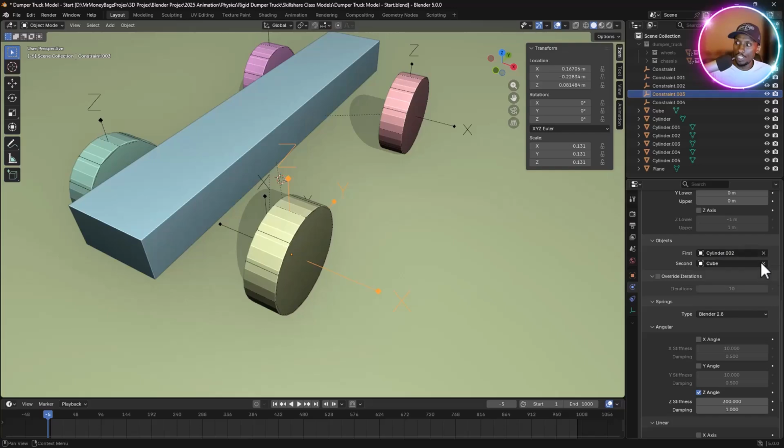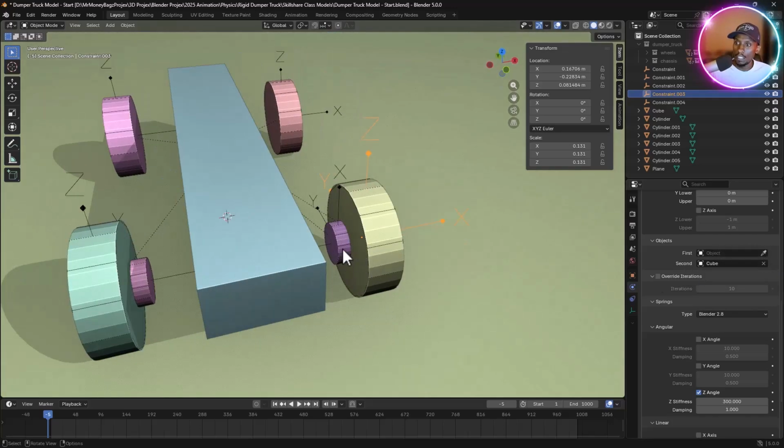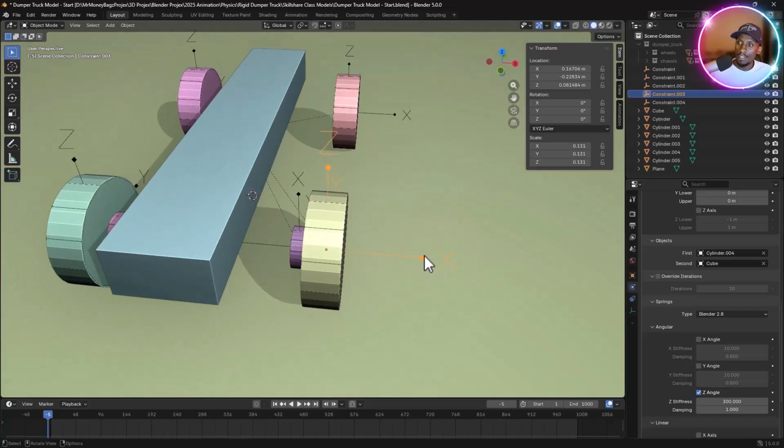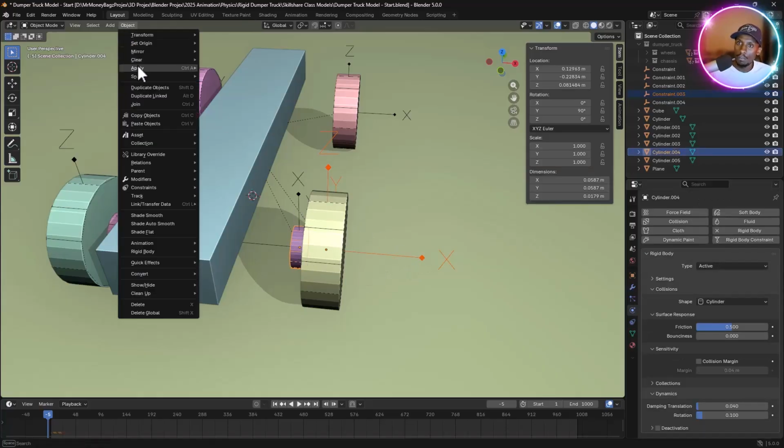So what I want to change is the cylinder it's assigned to. So pick this picker, and we're going to have cylinder number 4. So now this constraint belongs to this, not this. While it's selected, I'll select the disk, object, snap to active,